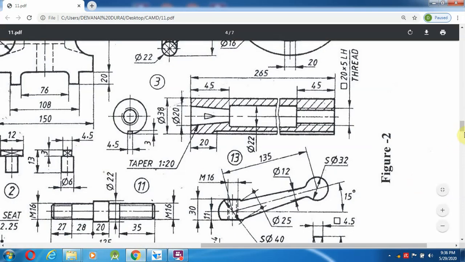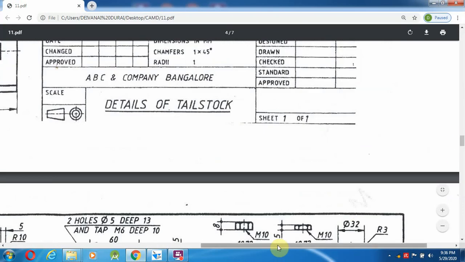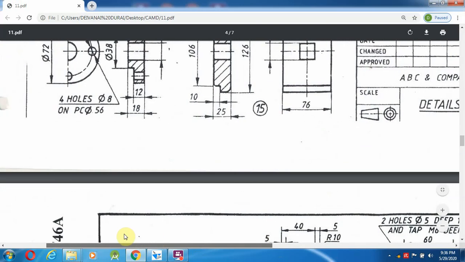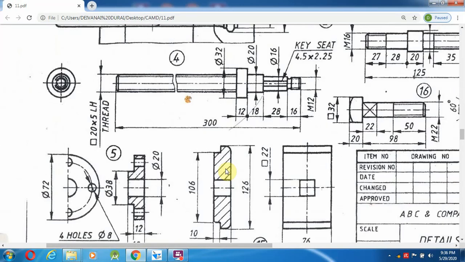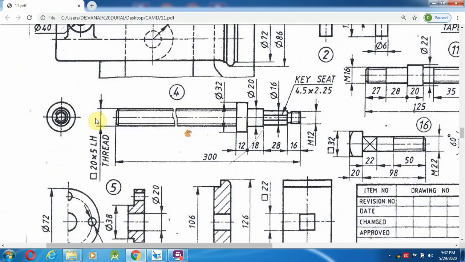This is the second part, then we can go with the third part, then draw the fourth part. This fourth part, we can create the entire single profile, or otherwise do it part by part.